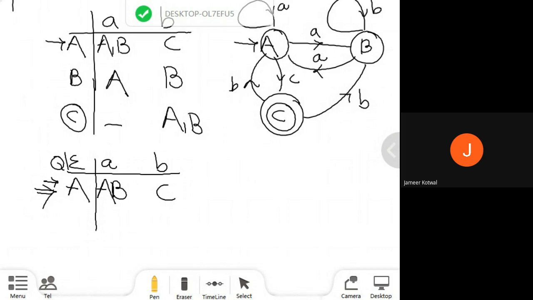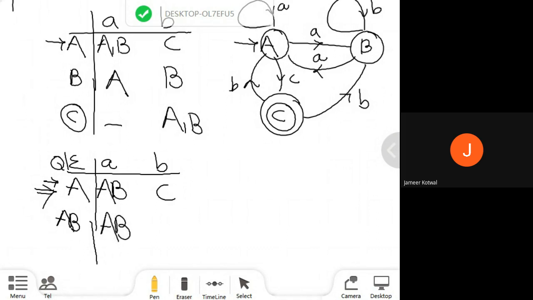Right? So I will expand AB first. Now tell me the output. Now in both states A and B, you are going to process A. What will be the output, third year students? By just seeing the NFA table. AB. Yes, fine. Just go through A and B. In A, when I process A, it reaches AB, and in B, when I process A, it reaches A. So this will be the combined state AB.